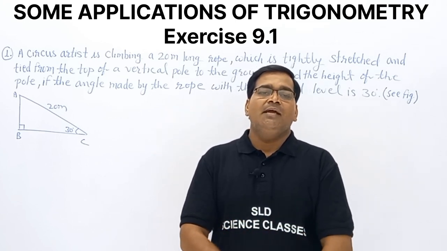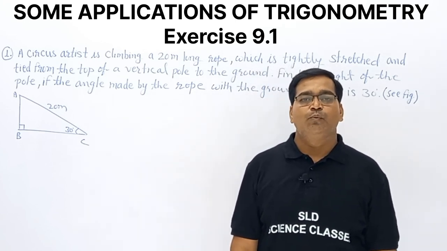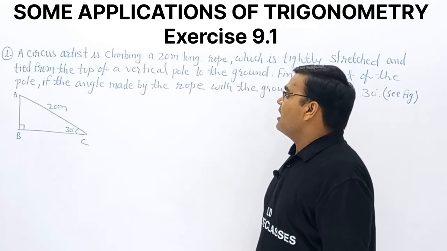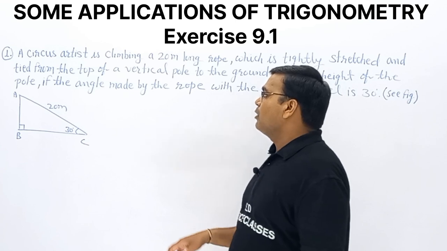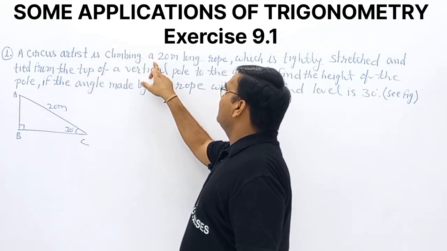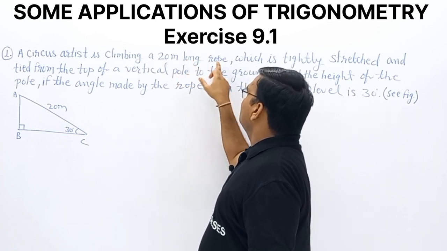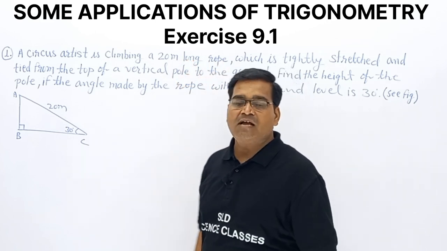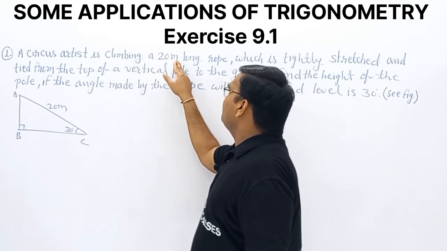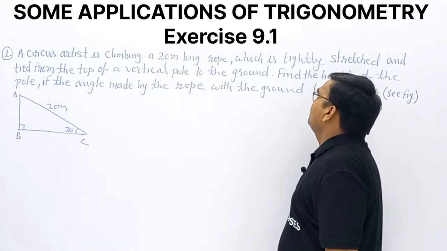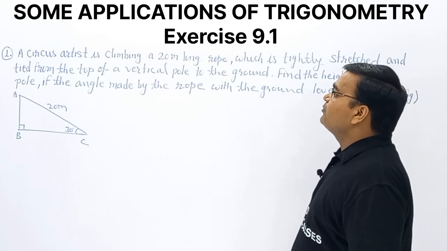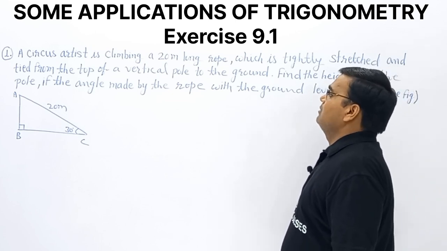So I am taking exercise 9.1, question number 1. A circus artist is climbing a 20-meter long rope which is tightly stretched and tied from the top of a vertical pole to